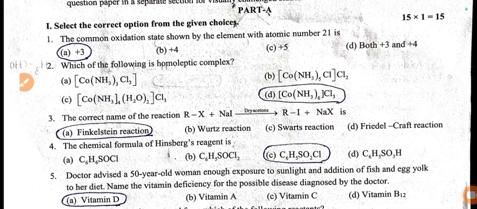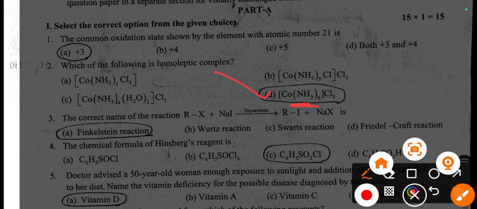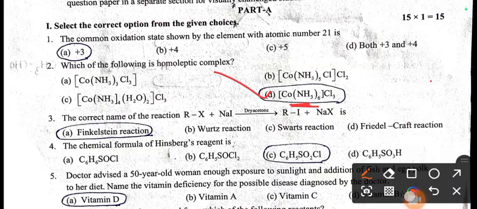And second question, homoleptic complex among the following. Homoleptic means all the ligands should be of the same type. So you can see here there are similar types of ligands you can find. So it is a homoleptic complex. Next we have